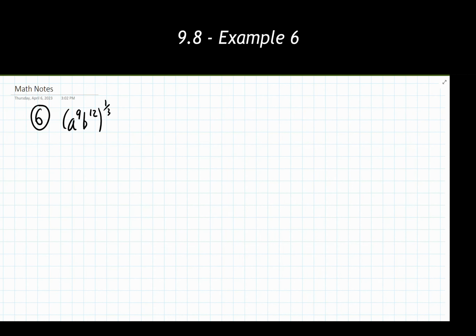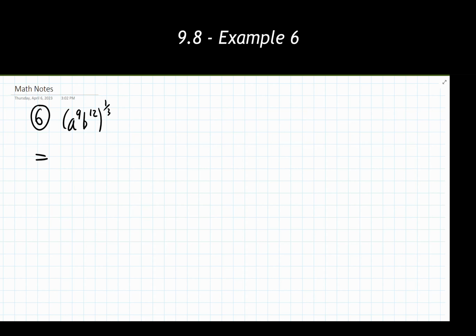Looking at example 6 here, we once again have our different rules and properties of exponents at fair game for us to use here. For this one, we are looking at a product raised to a power rule. We have 2 things inside of a set of parentheses that are multiplying together, which means we have a product going on there. And we have that product being raised to a power here. So I can write this out as using the product to a power rule. You have a few ways you can write this out for yourself. I'm going to go through one of them. Actually, I'll go through a couple of them. Why not? We've got some space here. So a couple ways you can go through and think on this.